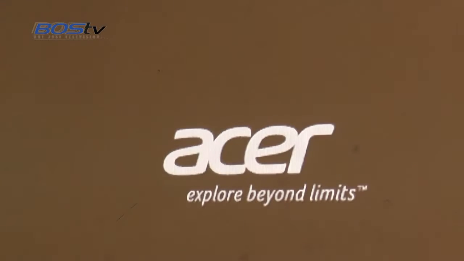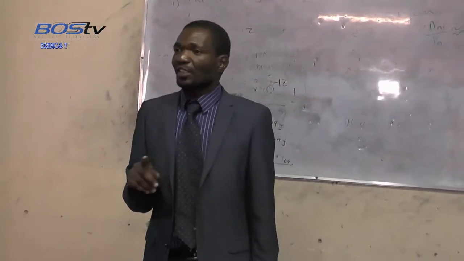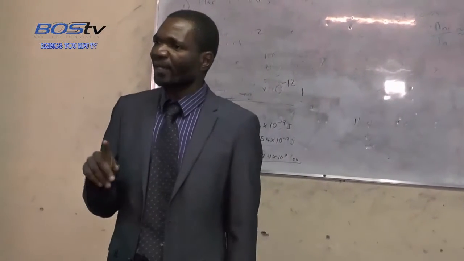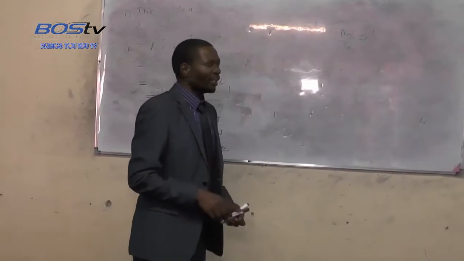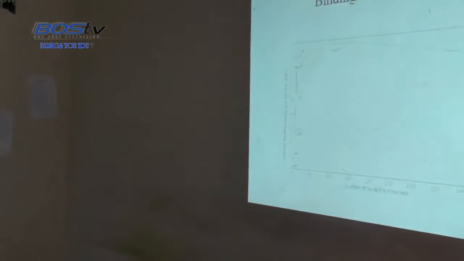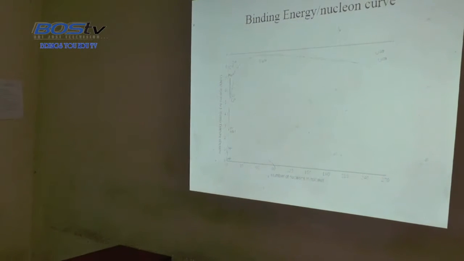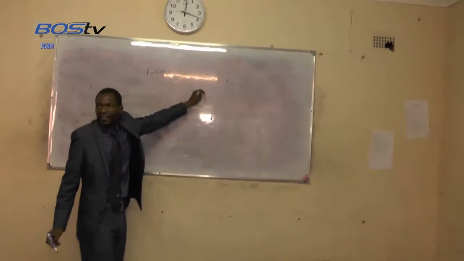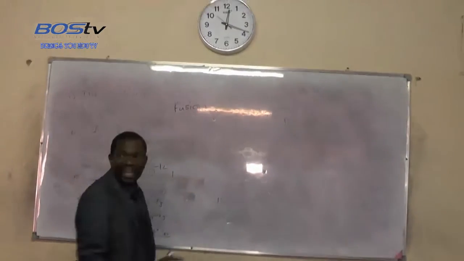Now, what is unstable has a tendency to react to form more stable nucleus or more stable nuclei. With small nuclei, they will react by a reaction known as fusion. They will undergo nuclear fusion reaction, then they will form a more stable nucleus. Then with those very large nuclei,